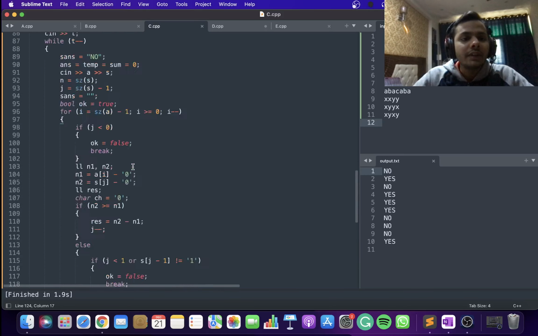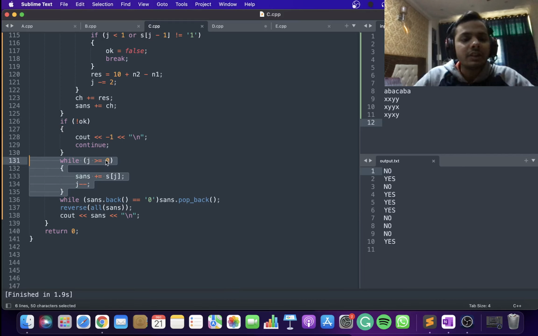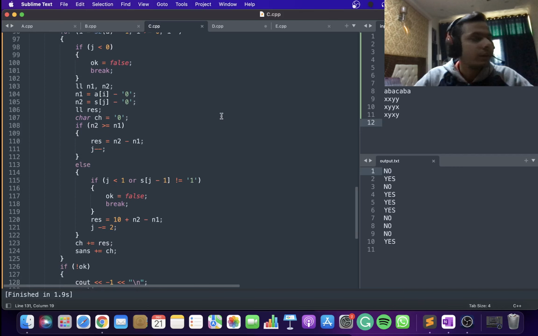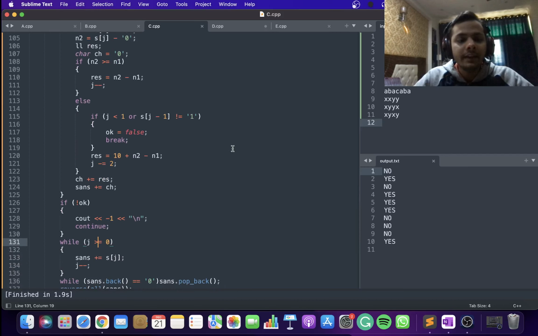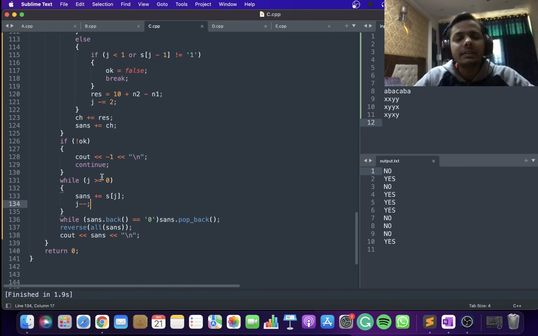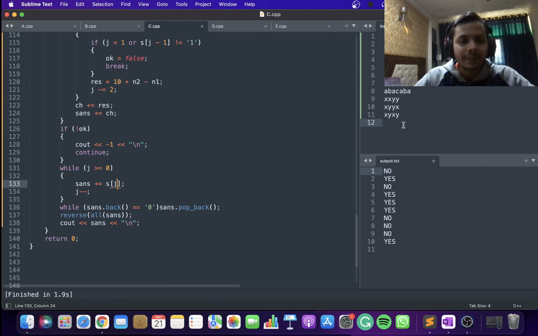Alright, so once we are done with this two-pointer, if we are not okay, then I will straight away output -1. But another very important implementation detail here is that if we have not yet finished with j, that means if we have not yet finished with our result, all that means is that we have finished with A, but we have not finished with S. And that means that there are just zeros in A, and I can just straight away append the corresponding digit in S to my answer. So what I'll do is, while j is still greater than or equal to 0, I will just add s of j to my answer, and I will do j minus minus.